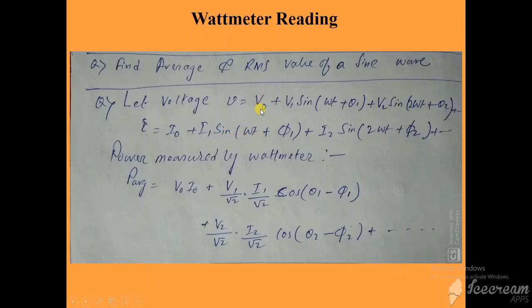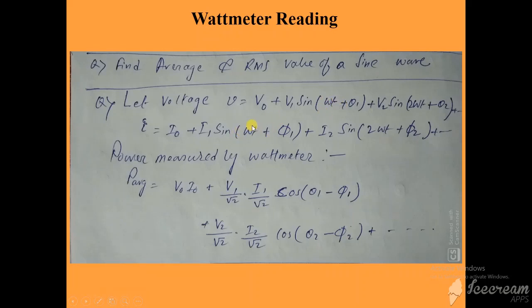So similar is the case when this term is multiplied with this third term, whatever is the frequency we don't care, but again it is a sine function and its integration over a complete cycle will be 0, right? So next come to the second term, so the product of this term and this term, it will give again some value, and the sine term will give 0, the average will give 0. Now comes this term and this term, the two products. So V1 I1 and root 2 will come, V1 by root 2, I1 by root 2, because we consider RMS. And now what happens, see both are having sine, both are of the same frequency, right?